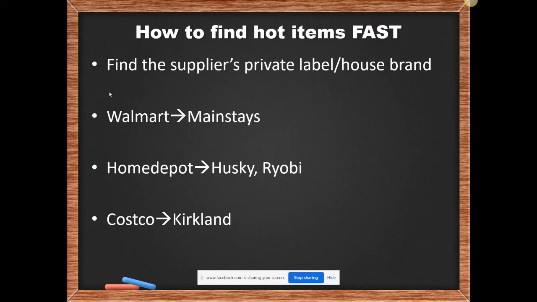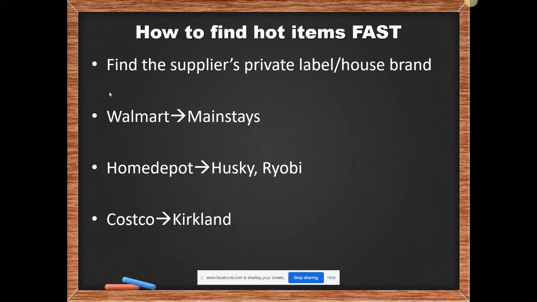So what are we looking for here? All the big retailers usually have a private label or a house brand. Sort of like when you go to the supermarket, supermarkets also have their special brand, so you can only find this particular item at this particular supermarket. The same goes for our suppliers. Walmart has a private brand called Mainstays. Mainstays is usually for home and garden